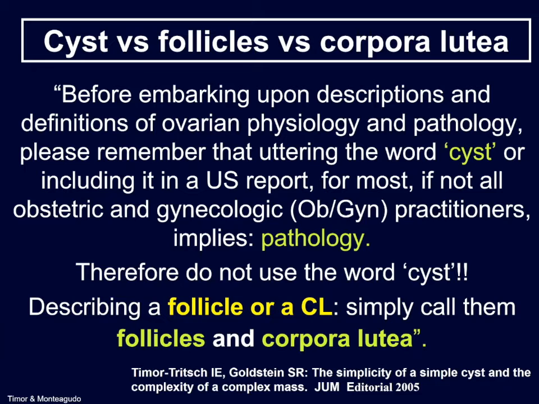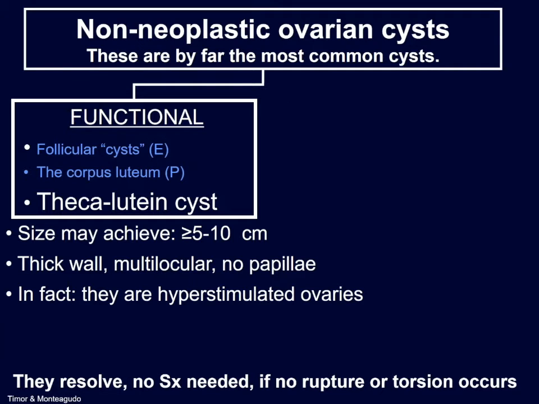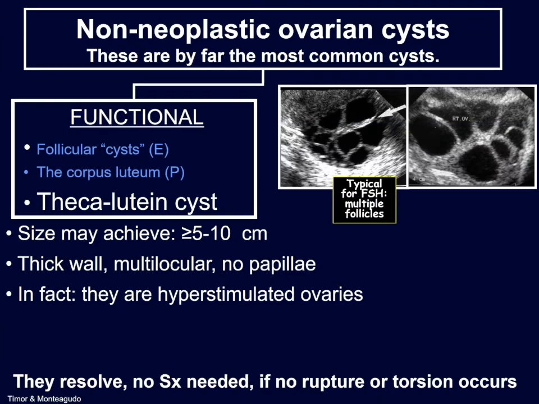Describing a follicle or a corpus luteum, simply call them follicles and corpora lutea. The theca-lutein cyst is the special benign multiloculated septated cyst. They can achieve large sizes, 5 to 10 centimeters. They have no papillae, and in fact these are hyperstimulated ovaries, and you can see here when you do a